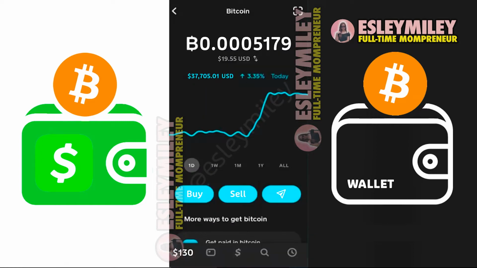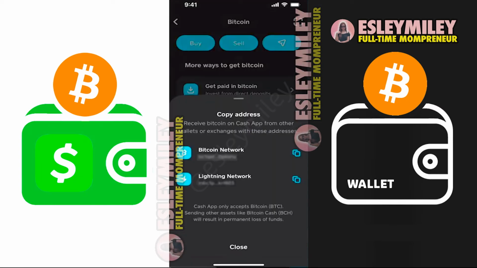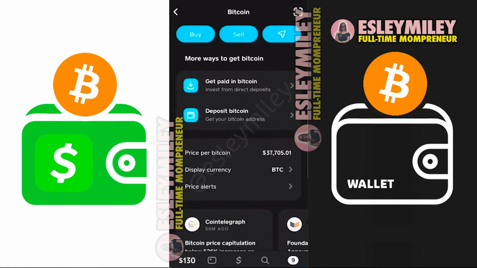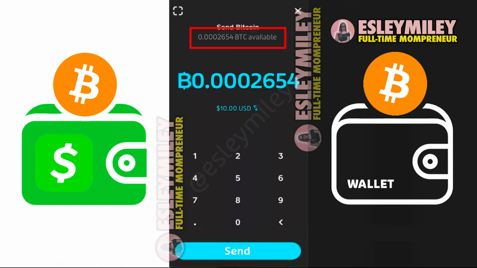Now, I'll show you how to transfer this to a different wallet. Each Bitcoin wallet has an address. If I scroll down to deposit Bitcoin, I can copy the address for this wallet. I have already copied the address for the wallet I want to send to. Now, I will scroll up, tap the send arrow on the right, select send Bitcoin, and choose to send $10